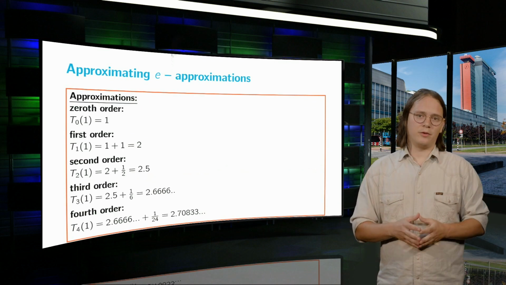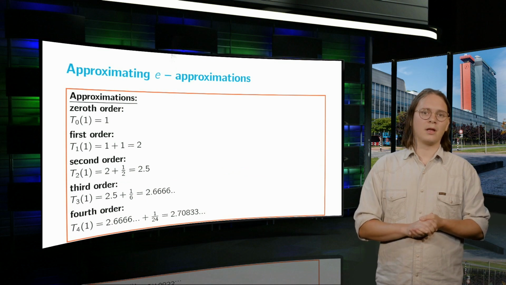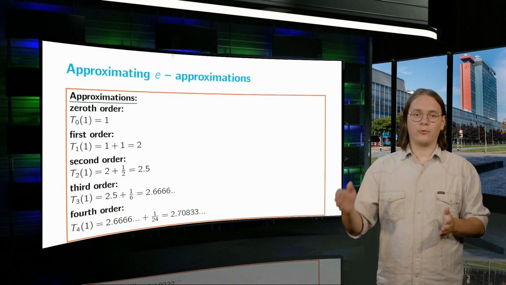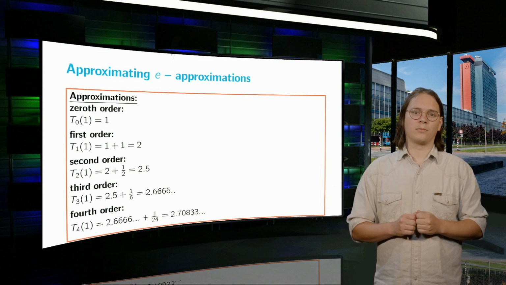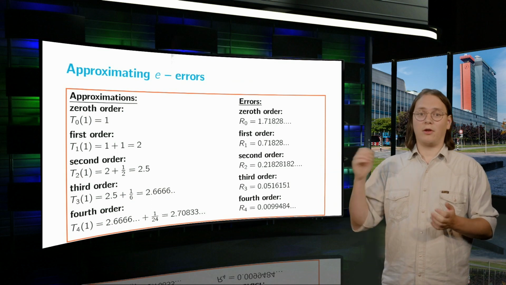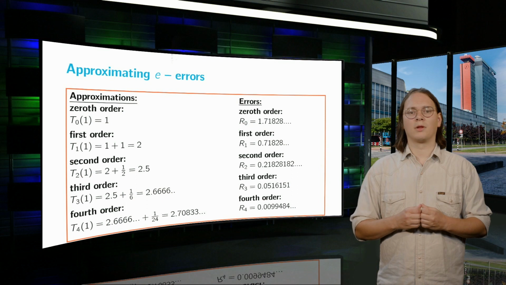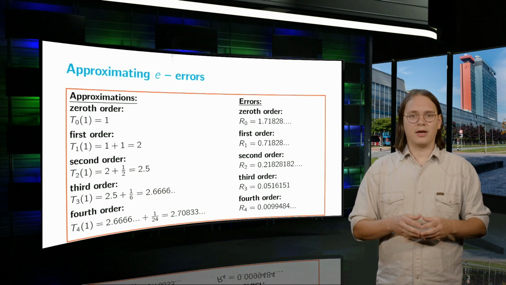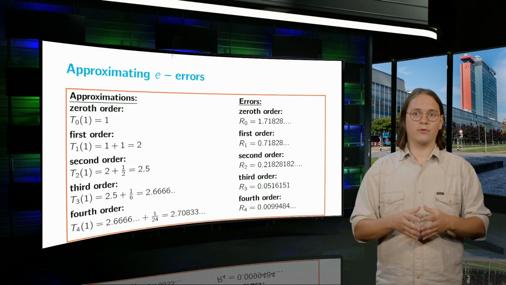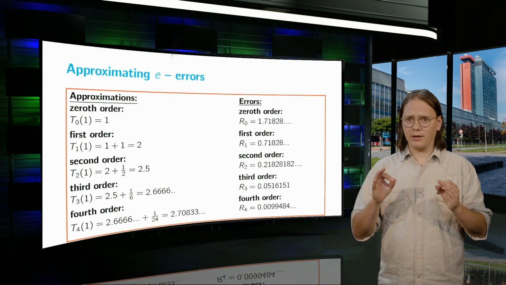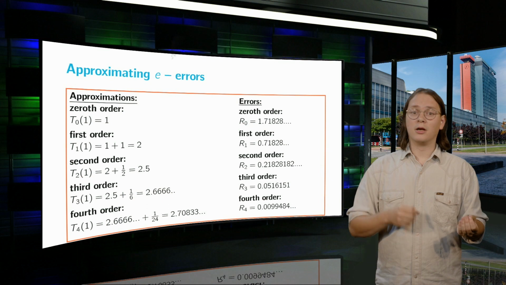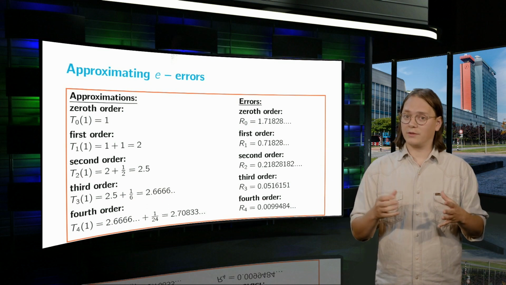Here we see the first couple of approximations so obtained. Note again that each time we go up 1 degree, we simply add a new term to the previous approximation. Again, if we compare the obtained approximations to the output of a calculator, we see the following approximation errors. Note in particular that the approximation errors are a lot higher at the same order when compared to the approximation errors of the square root of 102. In particular, we will need higher order approximations to get the same precision for Euler's number compared to the square root of 102 when using this method.